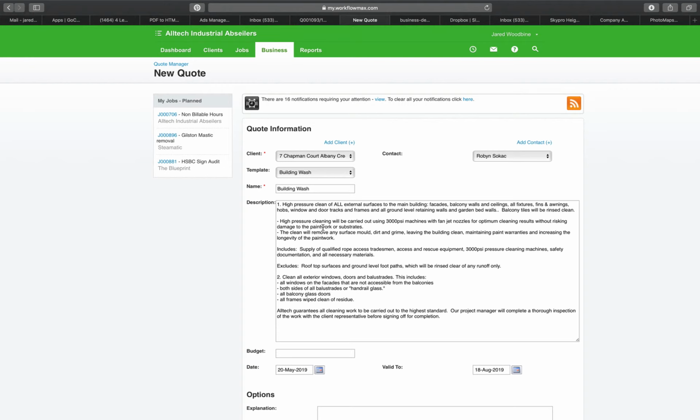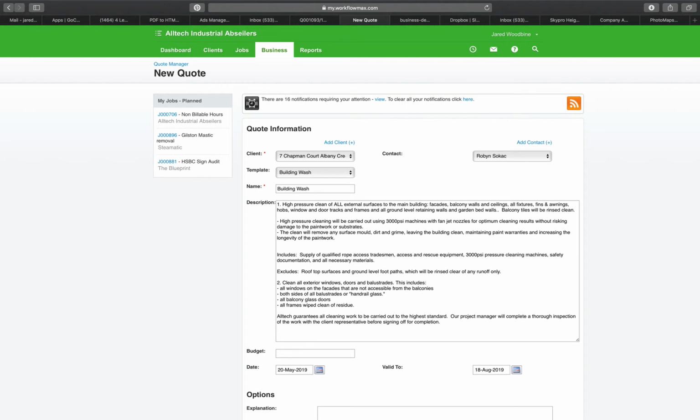It's going to have all of your basic stuff that's basically done in every pressure clean. Make sure you read over it though, because often there's little extras on jobs. So in this case, the clean will remove any mold, etc. Excludes, includes. Now I would also make mention